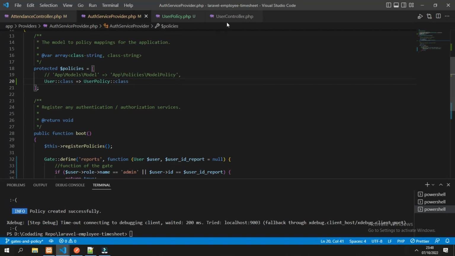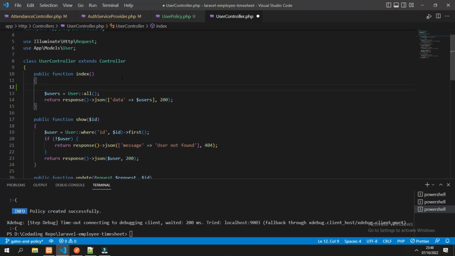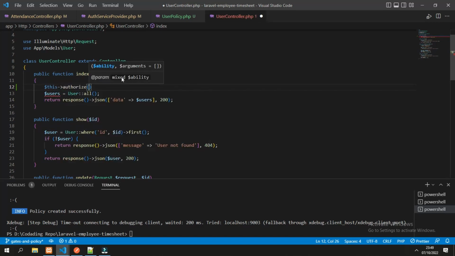Now let's implement in the user controller. So to implement that, we can use the authorize function with this authorize and the name of the ability, which is the name of our function in the user policy, and we have index as the function name.